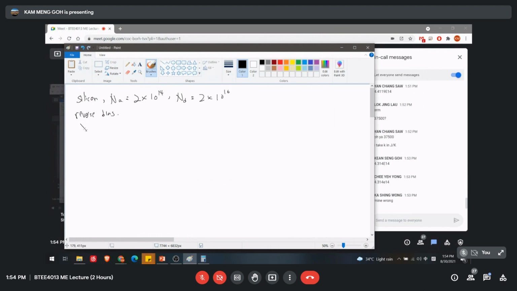You are asked to calculate the XP, XN, W, Emax, and also the junction capacitance. With reverse bias VR of 5 volts, if suddenly you change to forward bias, let's say VA is 0.5 volt,